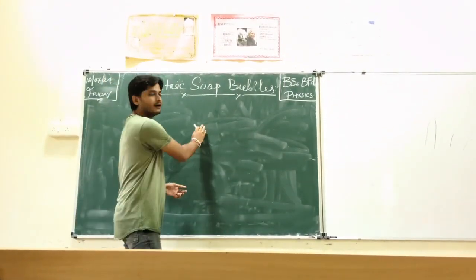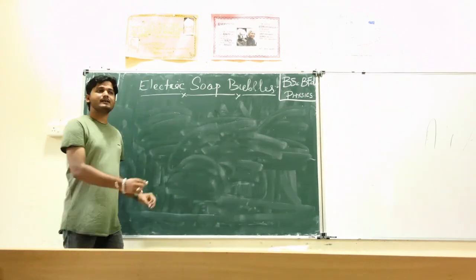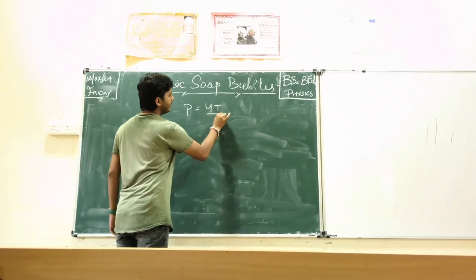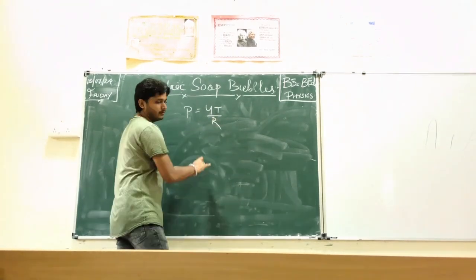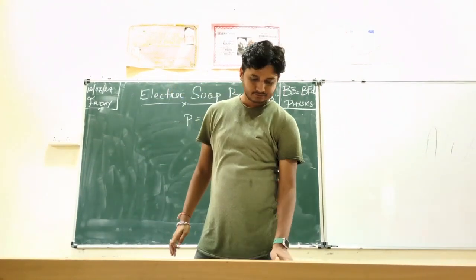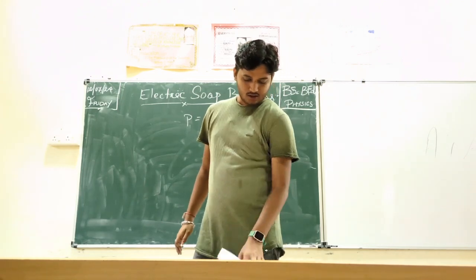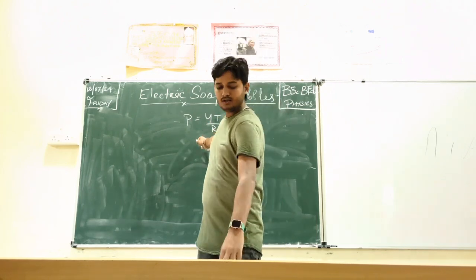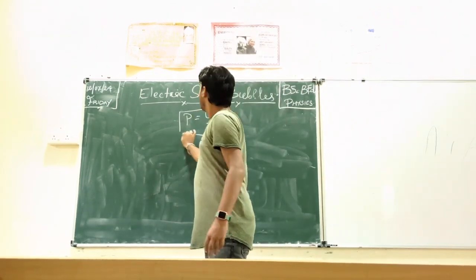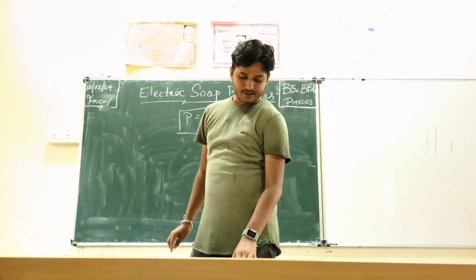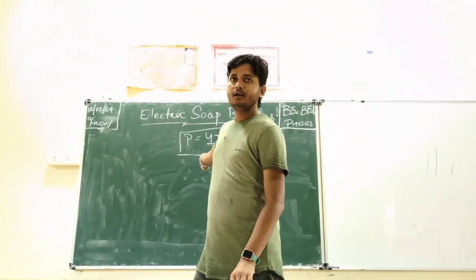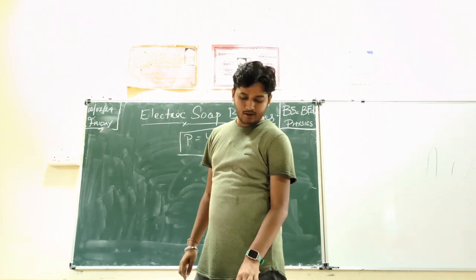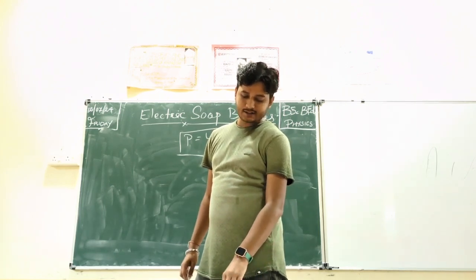So the expression for pressure is P equal to 4T by R. Then write, surface tension T is given by this one. Then you write, if the bubble is now given a charge Q,